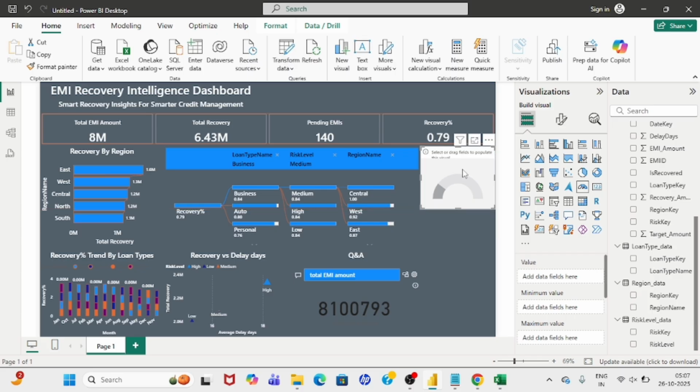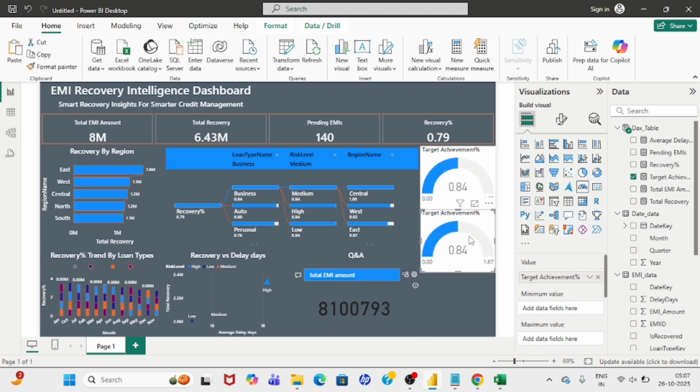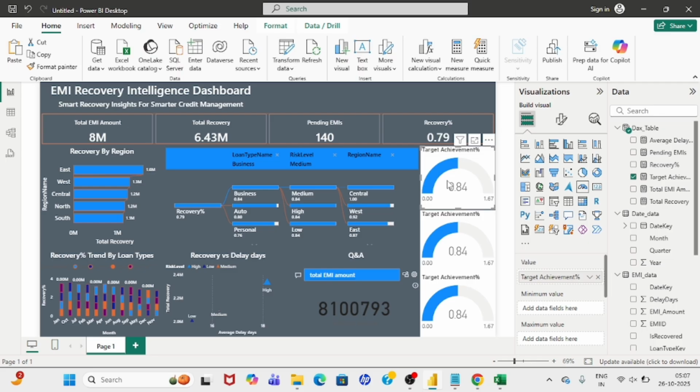and here I want to show, like, we have written target achievement. Okay, so this is the target achievement. Let's copy paste, do the formatting. So this is target achievement. Next one would be average delays. Here we can show